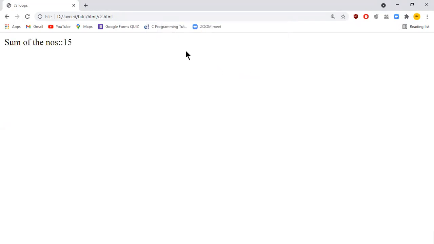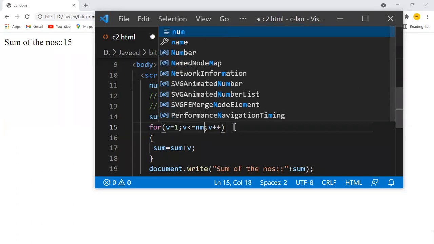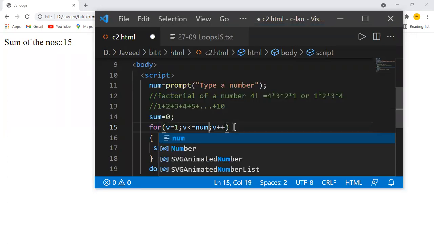Then what will happen? It's going to continue for me. The number 5 that I entered, right? That will be stored into this variable called num there. Then using that variable value, you can do whatever you want. For example, let us say that I want to find the sum of the numbers from 1 to that particular number. Now here what I do is I'll just say less than or equal to num, I'm writing it.